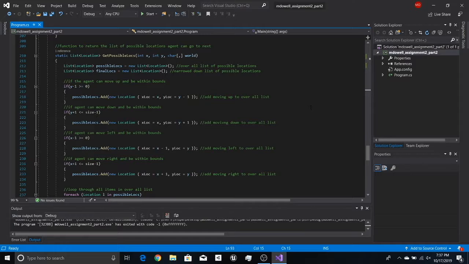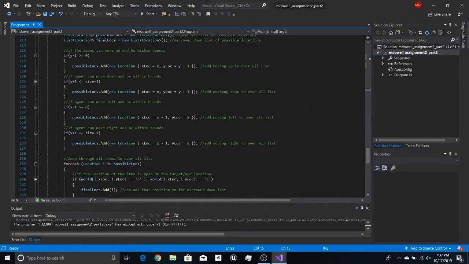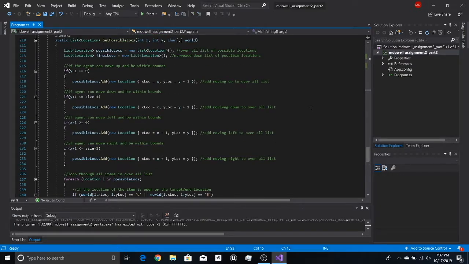First, I initialize a list of possible locations and a list of final locations. The possible locations list is for all possible movements from the current position, including the blocked locations. The final locations list is narrowed down to ones that do not include blocked locations or locations that have already